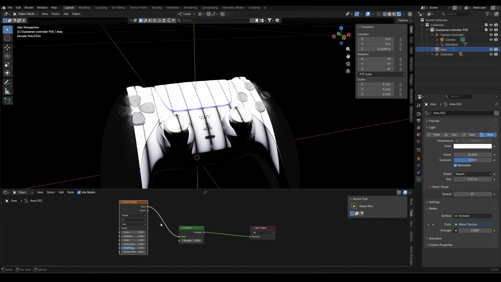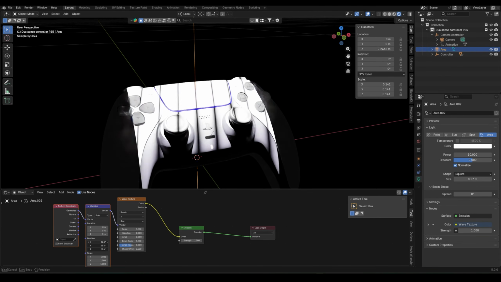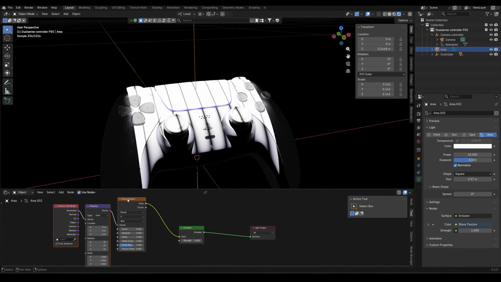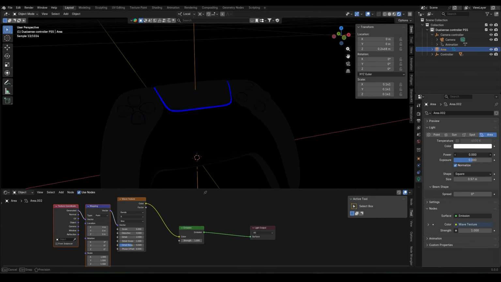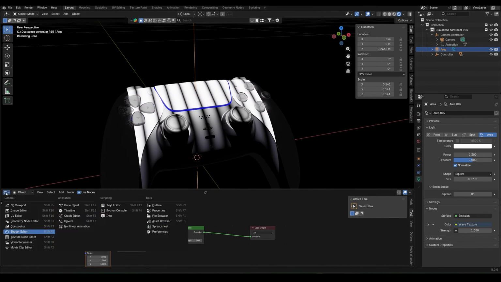So now I want to rotate our texture map. So let's press Ctrl T with the Node Wrangler add-on enabled. Select these rotation values and we can rotate it like that. Okay, so for now I am good with this default rotation, and I also want to decrease the power like that. So now if I go back to our timeline